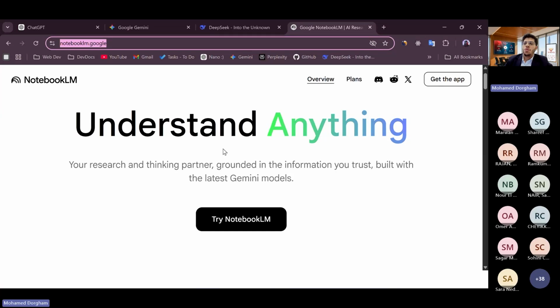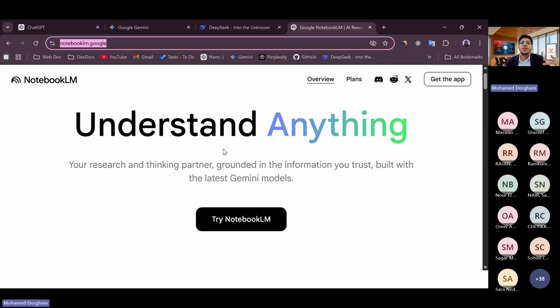What I mean by that is that one of the main challenges in document analysis, which I think some of you already faced with ChatGPT, is that when you upload a document and want ChatGPT to summarize or analyze it, it won't give you pure content from your document. It will give you some information from your document, and some of it will be off topic.